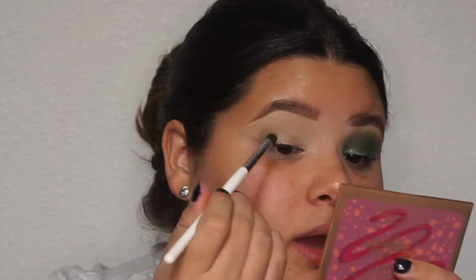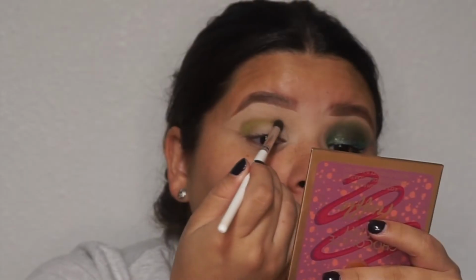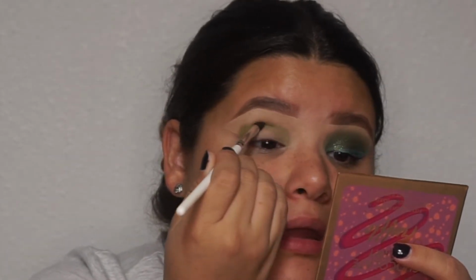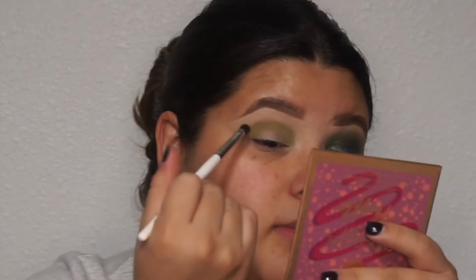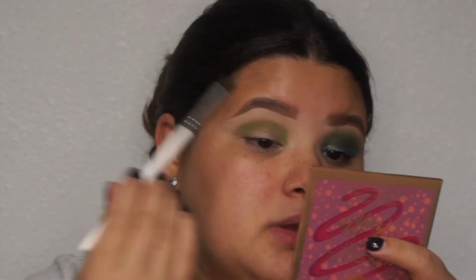I need to prime my eye first because if I don't, what's the point? I'm gonna start just putting it in my actual crease. And again, as always, I did not set my eyelids because that way you get better color payoff. And now that I have that on the crease, I'm gonna start blending it with the same brush in circular